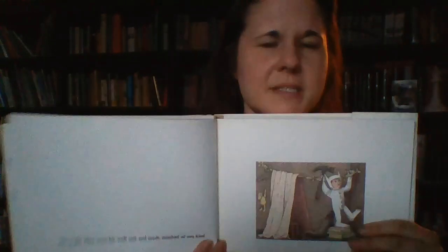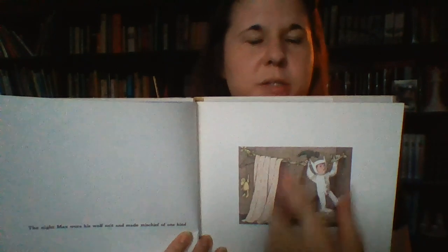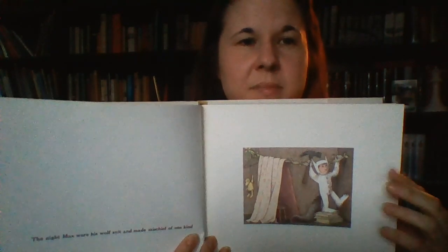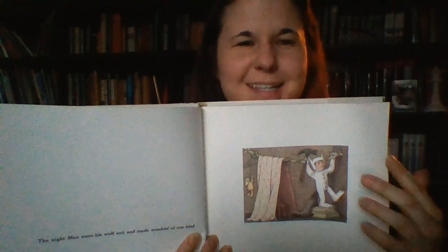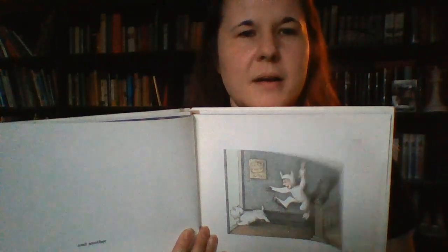So something I'll point out is that this book goes through a progression where you have a boy who's being bad, and he's got some issues he's dealing with, and the picture is small and the text is beside it. The picture gradually gets bigger and bigger. I'm going to go through this quickly. See how it's getting bigger